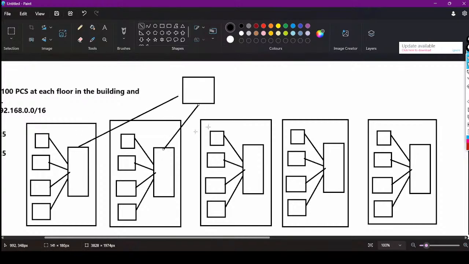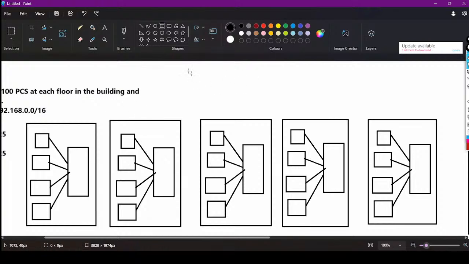But I cannot connect a layer 3 switch directly to the internet. I will not connect the layer 3 switch to the internet this way. Or I can have two multi-layer switches here for redundancy. Because why, guys? If I have only one switch here, then there is no redundancy, right? If I want to perform load balancing between two floors, I can't, because there is only one